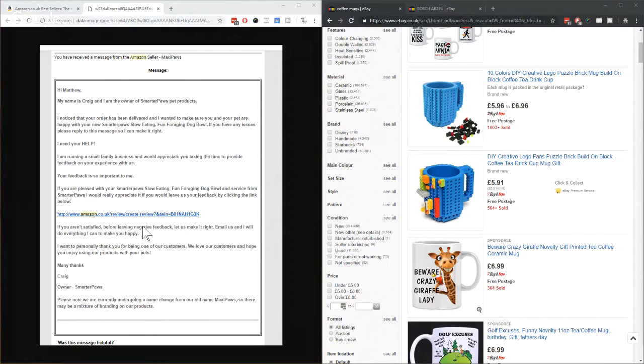"Please leave a review." Now, there's some irony to that one, which is that it's a little bowl which you put the food in, and the dog can then chase it around with its tongue. I actually thought it was a really good idea, but the bowl is absolutely enormous. I've got no intention of hitting reply to this email. Personally, when it comes to reviews, I'm normally a 5 out of 5 reviewer or a 1-star reviewer, which I've unfortunately had to do a number of times for some substandard products recently. Anyway, putting that aside, it's got some really good elements in there.